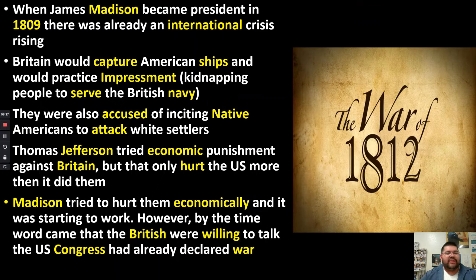So Britain decided, you know what, we're going to send some representatives to America to see if we can stop these sanctions and come to an understanding. So these delegates went on a boat, crossed the Atlantic, went to America, and when they go to the Congress, they're like, "Hey, we want to talk to you guys about stopping the sanctions and this economic pressure you're putting on us." And the American Congress is like, "Oh, you guys haven't heard, have you? Oh, yeah, you guys wouldn't know."